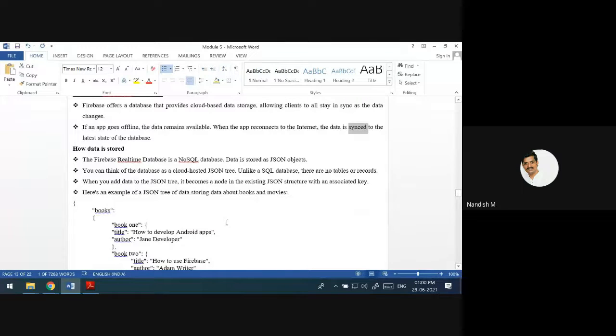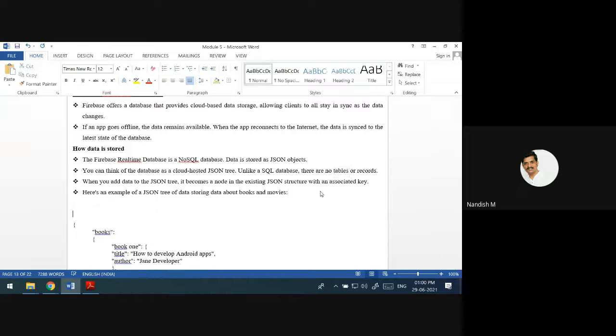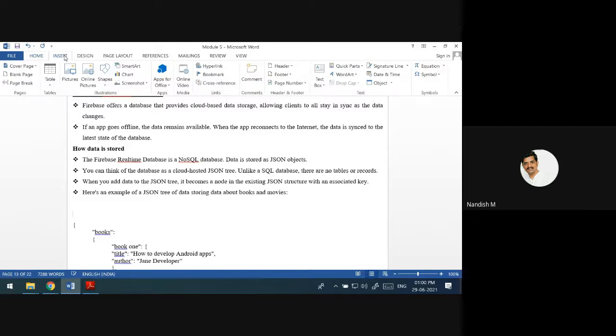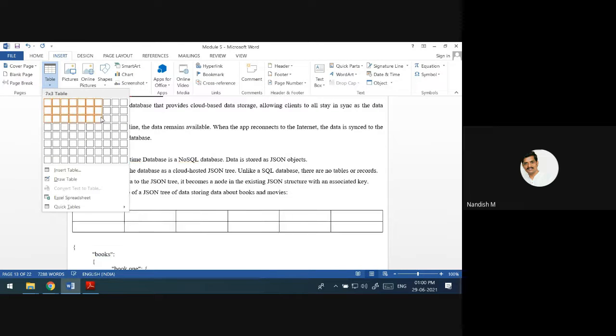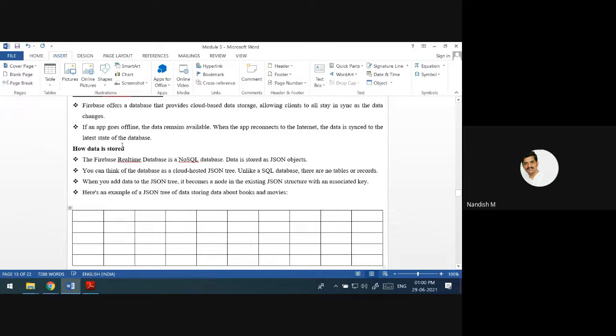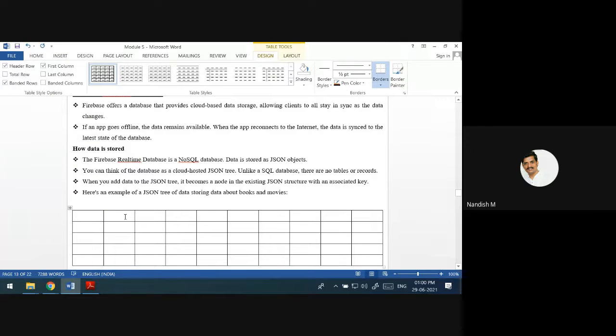How is it actually stored in the database? As I said, in SQL, the data will be stored in the form of rows and columns. How? It will be like this. In the database, in this way, data will be stored. There will be a name, then age, then salary, address, pin code.